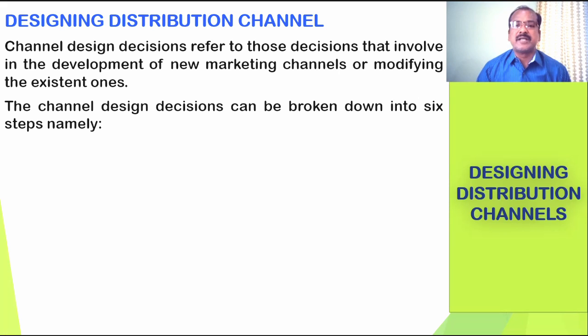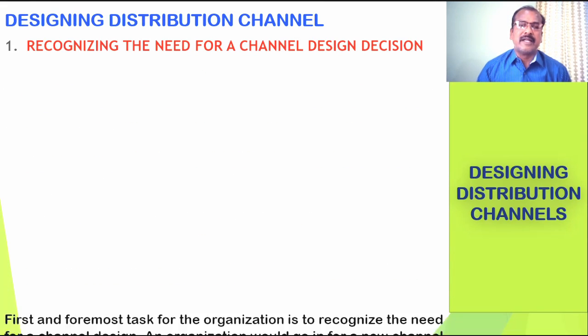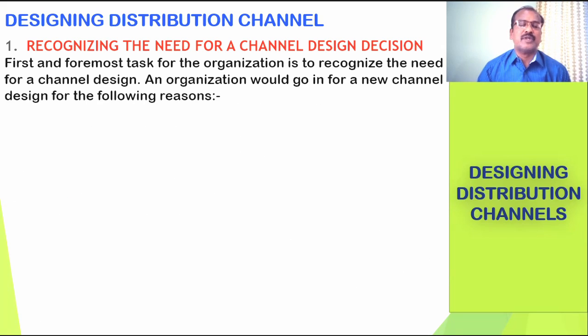The channel design decisions can be broken down into 6 steps, namely recognizing the need for channel design decision, setting and coordinating distribution objectives, specify the distribution task, develop alternate channel structures, evaluate relevant variables, and choose the best channel structure. Let us get into the details of the first step, which is nothing but recognizing the need for a channel design decision. First and foremost task for the organization or a marketer is to recognize the need for a